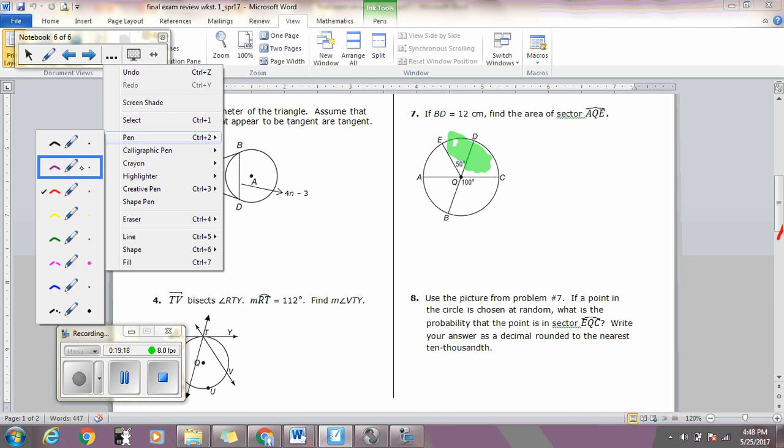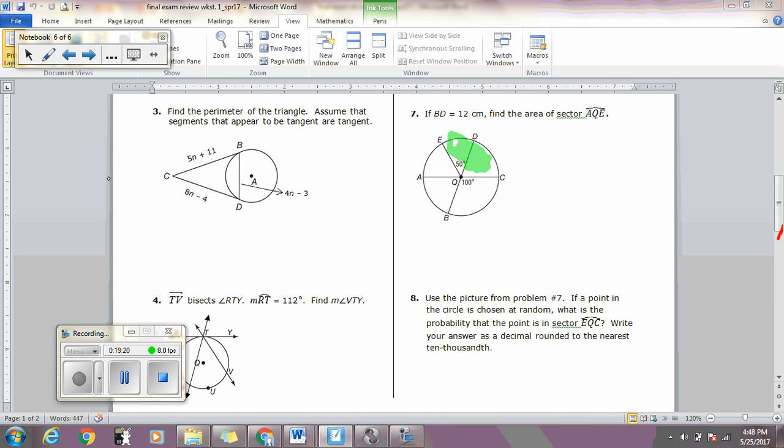In order to do this probability problem, probability always involves your desired portion over your total portion. So our desired portion is represented by this green highlighted, these 2 pizza slices. The total portion would be the entire circle. So what I would need to do,